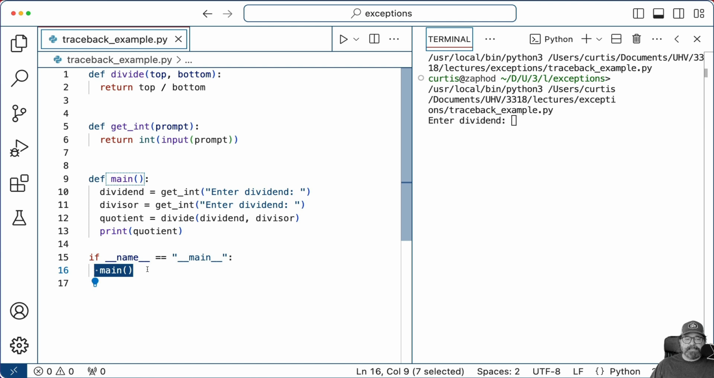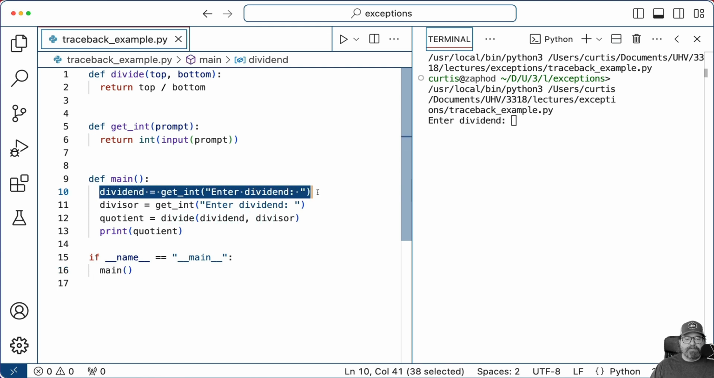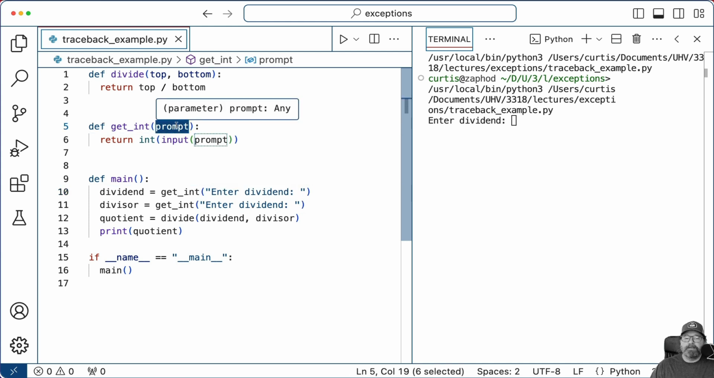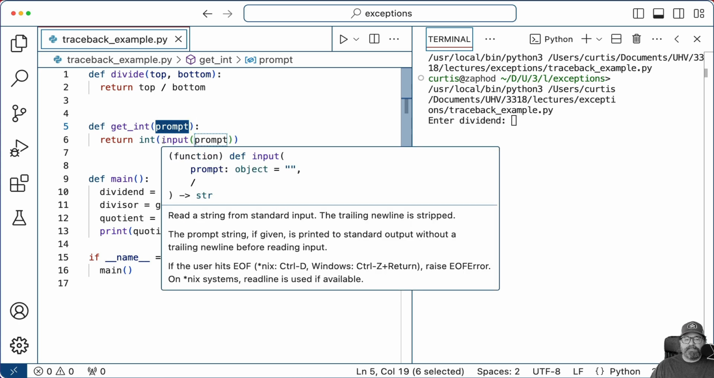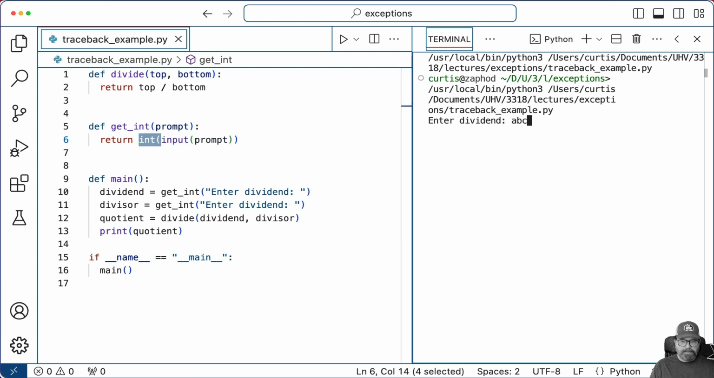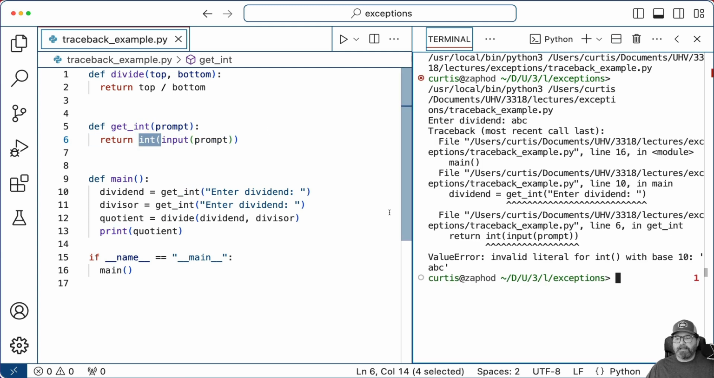We're now inside main. Right now we're on the line that says dividend = getInt("Enter dividend"), which means we're inside this function. We're on this prompt. "Enter dividend" is the value we passed in for the prompt parameter variable, and that's what's being run with this input right now. If I enter something that int can't handle, let's say I enter ABC and hit enter, let's take a look at this